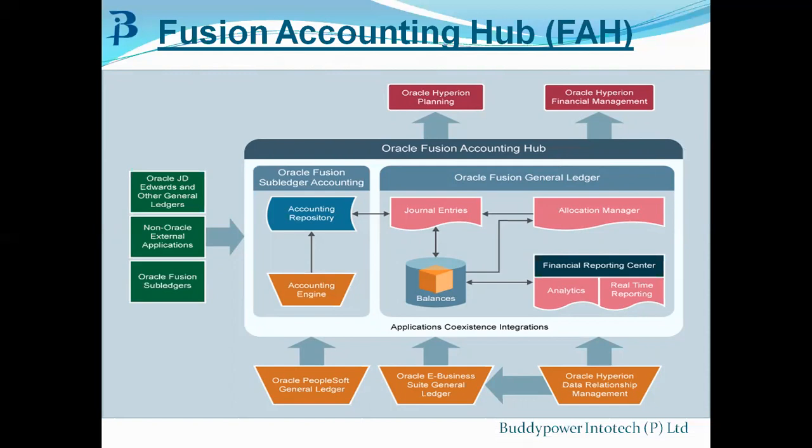FAH allows you to efficiently create detailed, auditable, reconcilable accounting from a variety of source systems. What are these source systems? Your source systems can be your external applications, your Oracle Fusion subledgers, or even customers who are using JD Edwards Oracle ERP. The FAH process can begin by using financial data from these source systems,